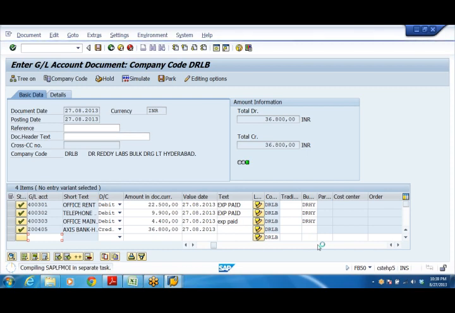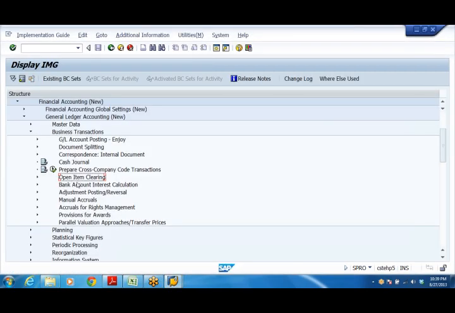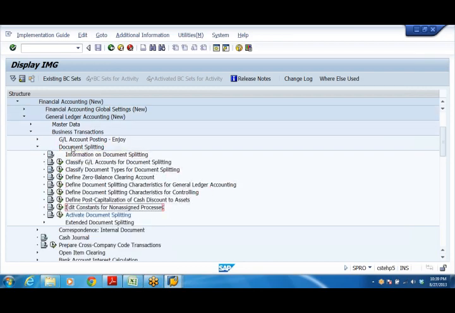Let me see. Let's see the tamasha for some time. Let me check. Did we change that? I think we have deactivated document splitting.